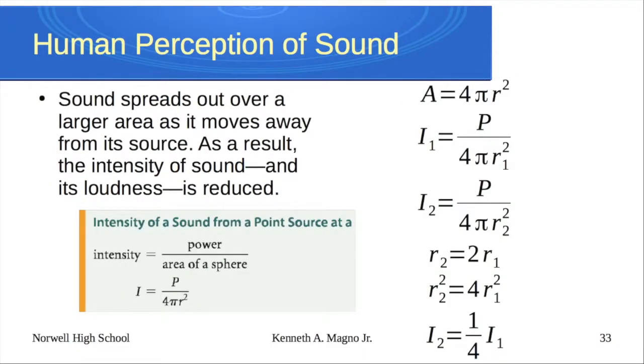So I can go through this whole thing and understand now that the further I am away from the source, because the area actually goes out spherical, not flat, we basically start to, not double as I go further away, but I start to reduce my intensity by a quarter. And then, or if I triple it, I go down by a 9th. If I quadruple it, I go down by a 16th. So it's an inverse squared relationship. So remember we did that whole intensity thing with gravity. It's the same inverse squared relationship that the sound dissipates at.